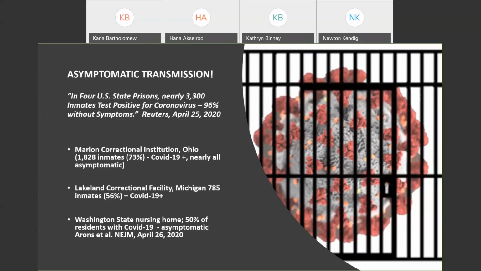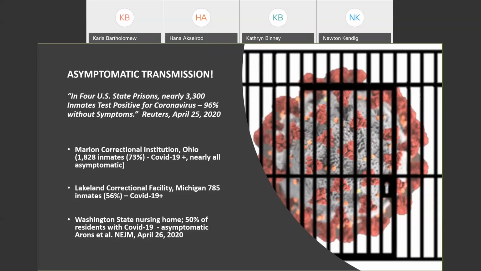But the biggest concern that has evolved and is evolving as we speak for transmission within the correctional environment is our increasing appreciation of the dramatic asymptomatic transmission that occurs with COVID-19. We need more peer-reviewed data. I've included some of the news headlines that have been nationwide and shocking to me in many ways, that many of the patients in our correctional systems, at least in these early reports, that have COVID-19